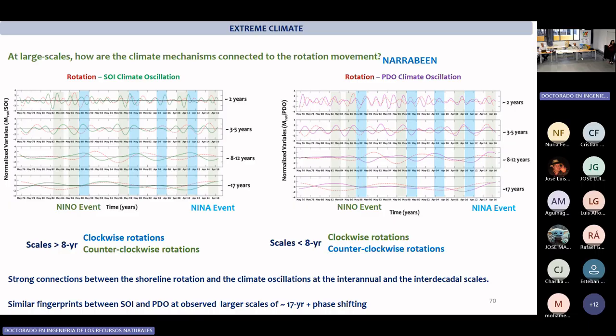So we see here such phases of El Niño controlling the activity of the beach, longshore or rotation, and the cross-shore one, but the cross-shore one I haven't presented. Basically, here are the longshore activities related to the climate oscillation. So climate oscillations are at global scales. We are doing this scanning to look for their connections at local variables, at hydrodynamics and morphology.